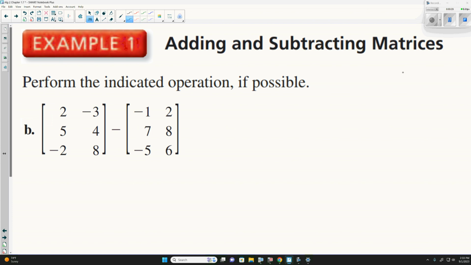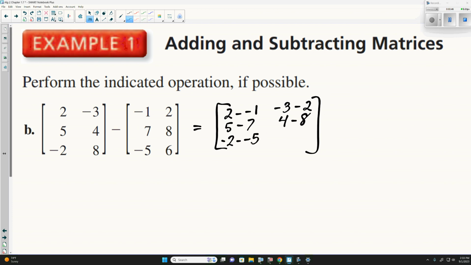So the first one's a 3 by 2. The second one's a 3 by 2. So can we subtract these? Yeah. So we would do what? 2 minus -1. -3 minus 2. 5 minus 7. 4 minus 8. -2 minus -5. And lastly, 8 minus